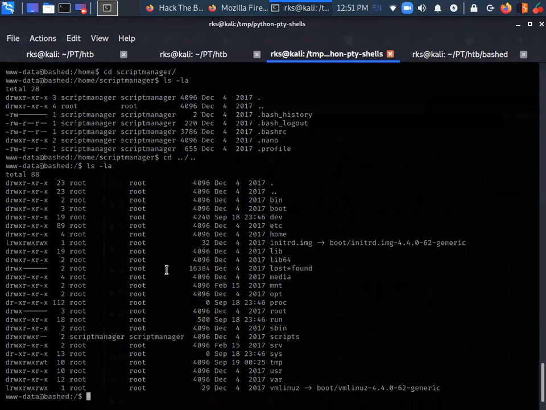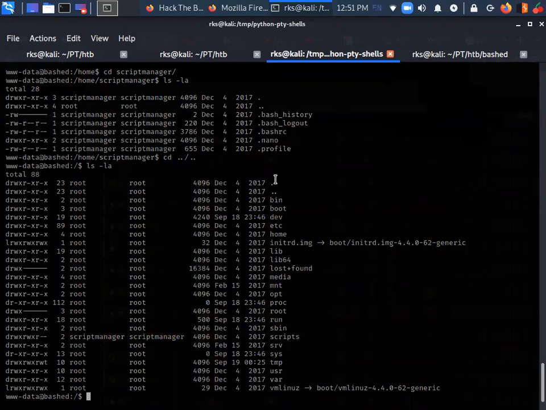The unusual stuff is that there is a directory here which is owned by script manager. So I'm not yet script manager, but if I'm script manager, this thing is going to be useful.